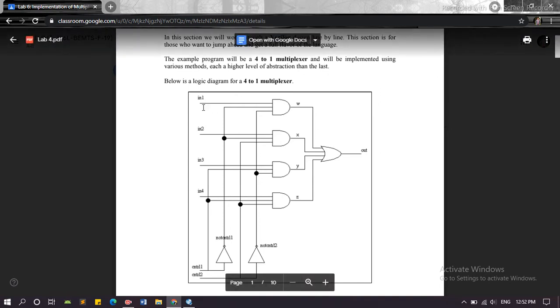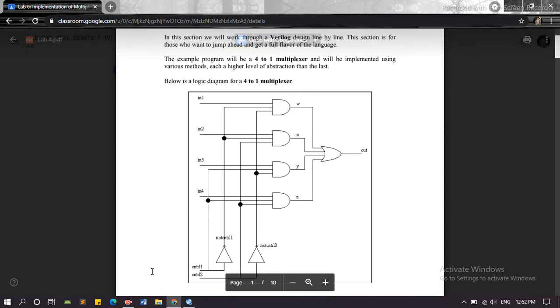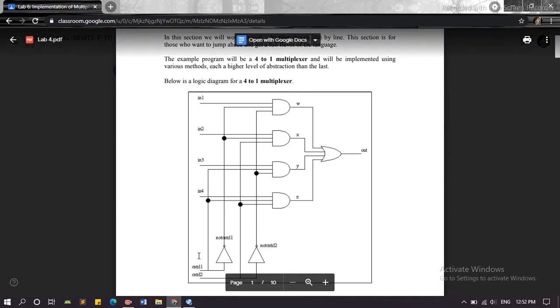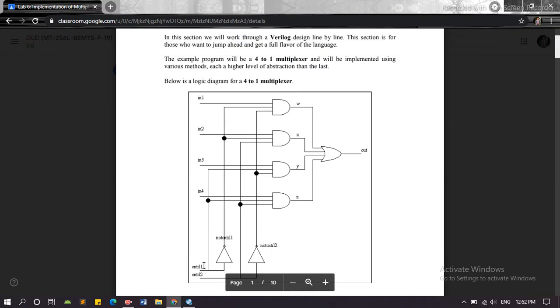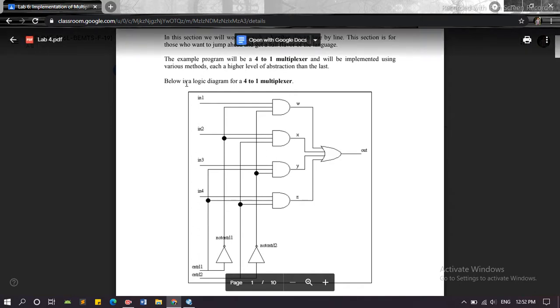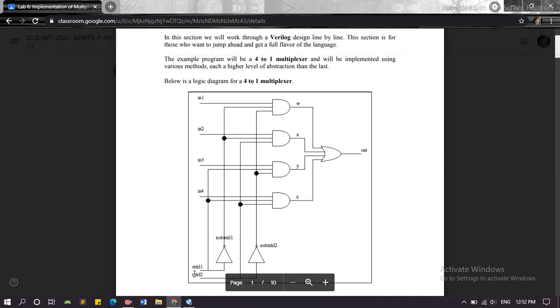It consists of 4 inputs, 1 output and 2 control knobs. The control knobs have the situations 0 0, 0 1, 1 0 and 1 1. At one time only one input is implemented on the output, depending on the condition of the control